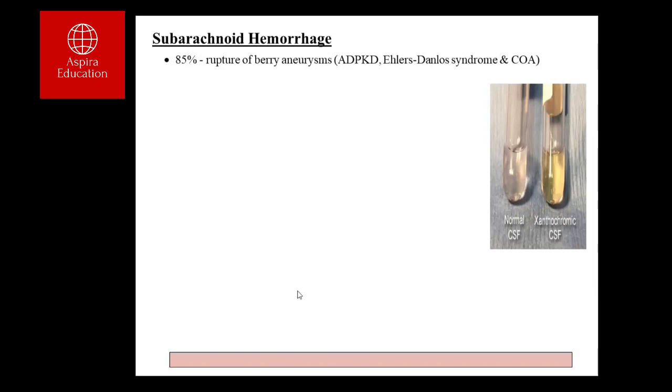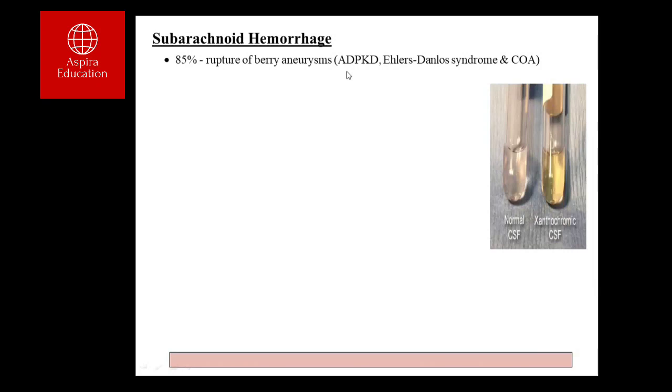All these arteries are passing through the subarachnoid space, and the most common etiology is rupture of a berry aneurysm. So the artery in the subarachnoid space already has an aneurysm and it ruptures, maybe because of the weakness of the aneurysm or maybe because of excessive blood pressure. The common diseases in which you find berry aneurysm are autosomal dominant polycystic kidney disease, Ehlers-Danlos syndrome, coarctation of aorta. But for the MRCP exam, do remember autosomal dominant polycystic kidney disease,